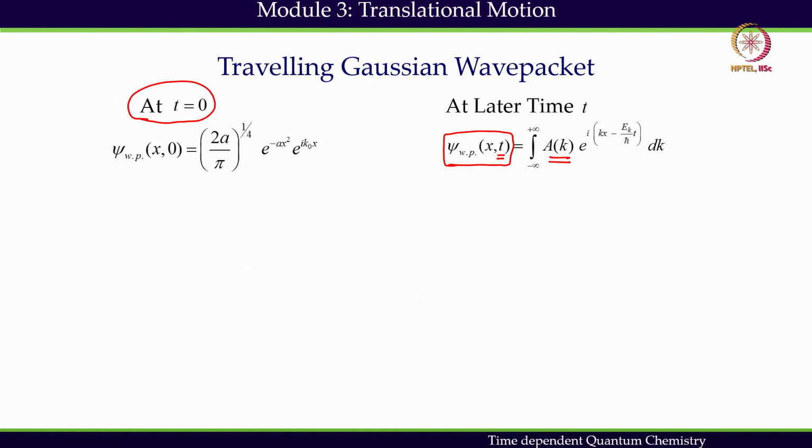Now, it is just one example with the Gaussian function. If we start with a Gaussian function, we can get this analytical solution. But this does not mean that for every situation I will be able to get an analytical solution, and these are the things which we will learn very soon. So far we are talking about a free particle, which means that the particle is not experiencing any potential. Previously I already told you about this normalized